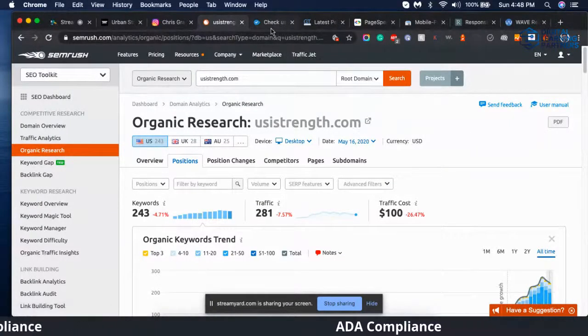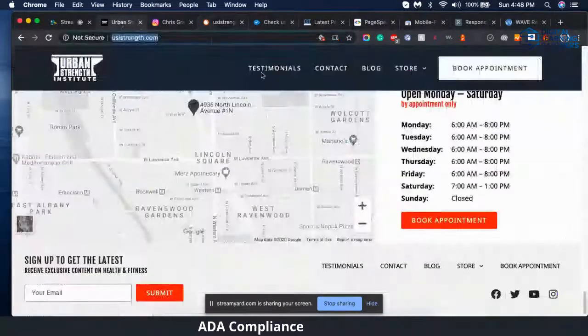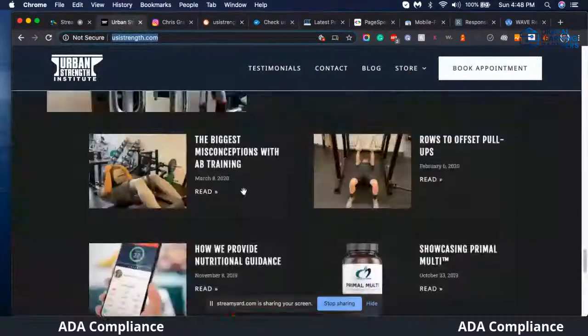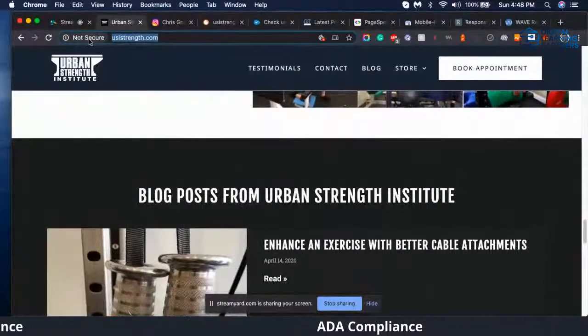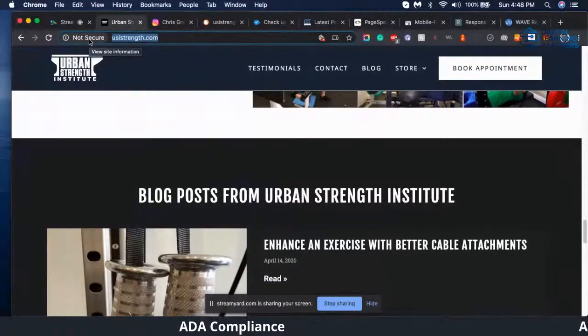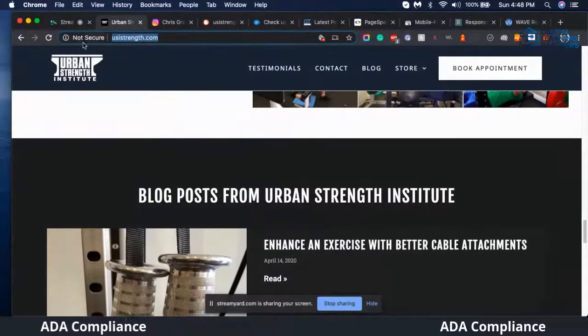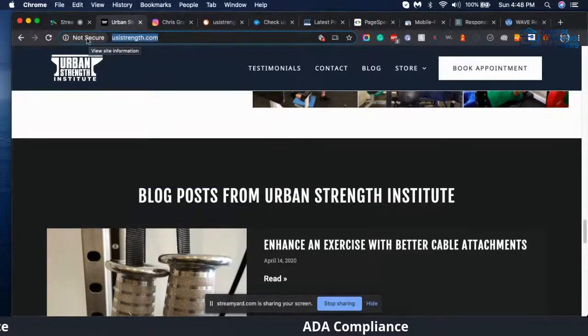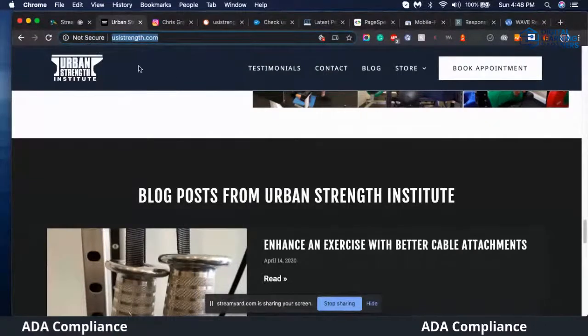All right, but yeah, so just minor adjustments here and there on the page. So Chris, I noticed that on the back end it says that you have SSL certification, but for some reason it's not coming up here. Yeah, he just messaged me saying he's going to contact the hosting company to have that fixed, to double check that, okay?